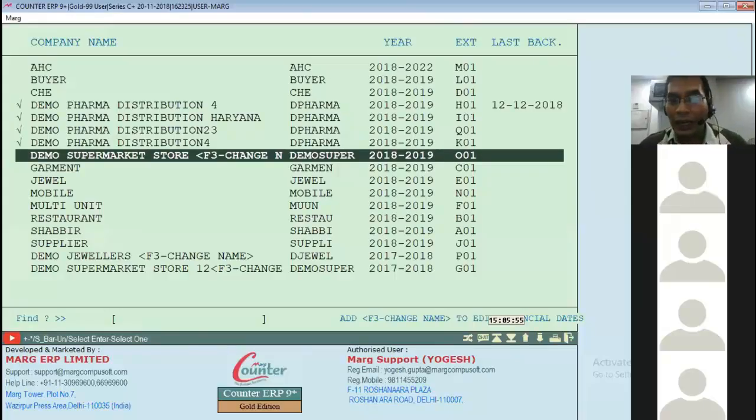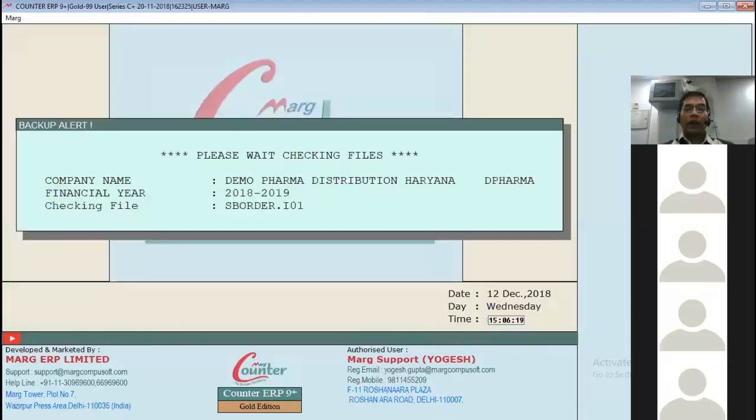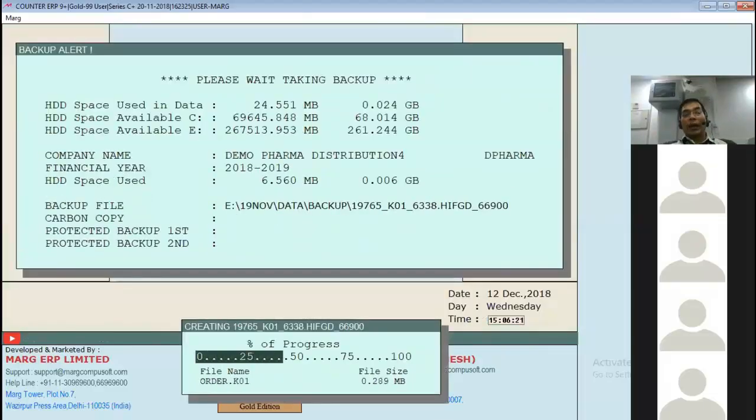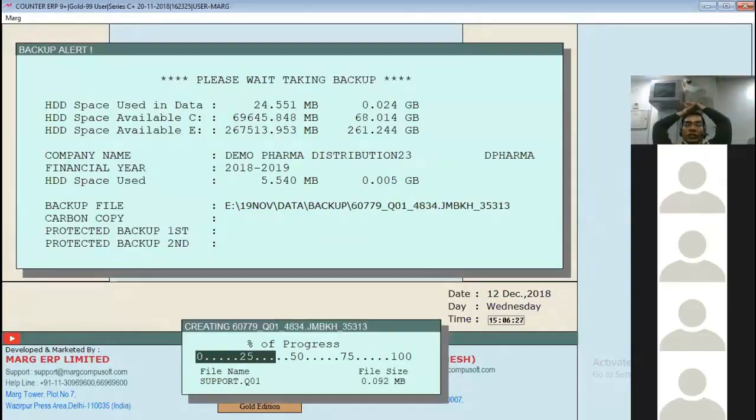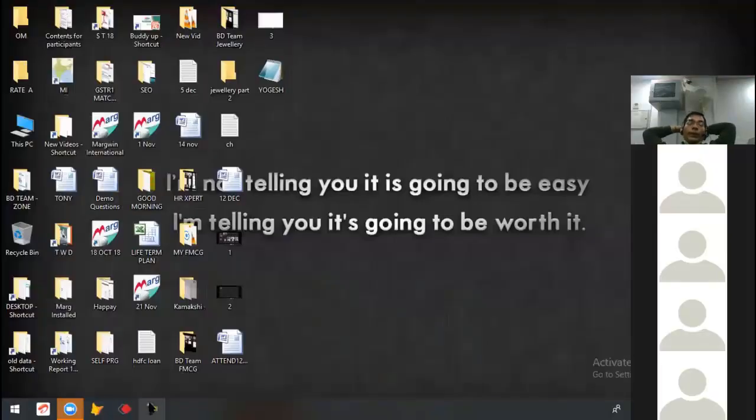At the end, the extension shows the extension of the company, let me write H01, I01, Q01 and K01. Sir, I have selected, I have entered. My software is taking the backup of the entire 4 companies which I have selected. By pressing Shift star, I can select all companies. Now my software is closed.